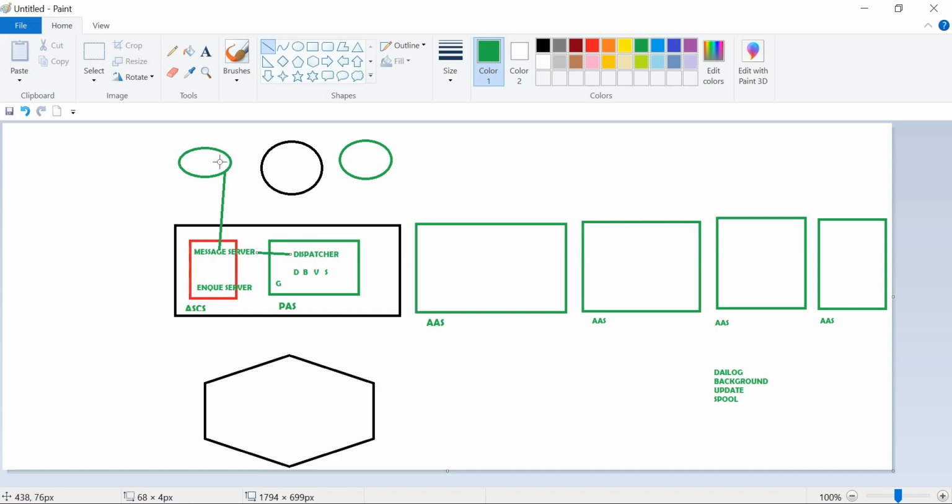Whenever a user requests for a login screen, the dispatcher will dispatch the work to dialog work process. So this dialog work process is responsible for logins. Okay. Whenever an end user requested for a long running job